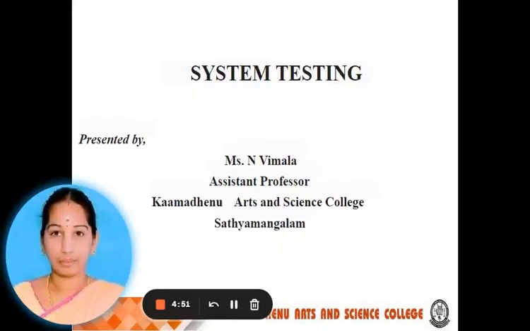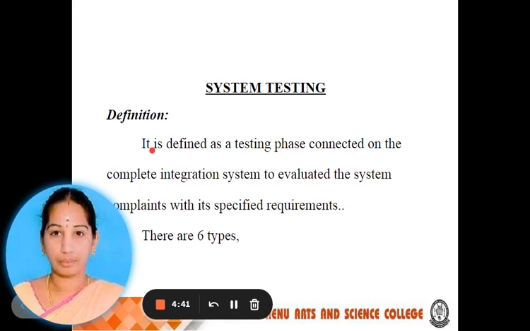Today we are going to discuss system testing. Let's see the definition of system testing. It is defined as a testing phase conducted on a complete integrated system to evaluate the system's compliance with its specified requirements. So it is a type of testing which is performed on a complete integrated system to evaluate the compliance